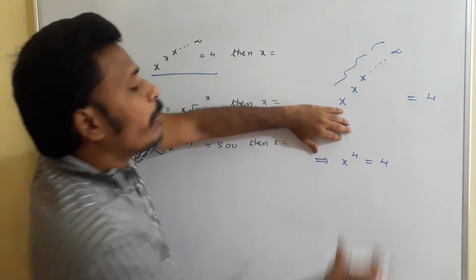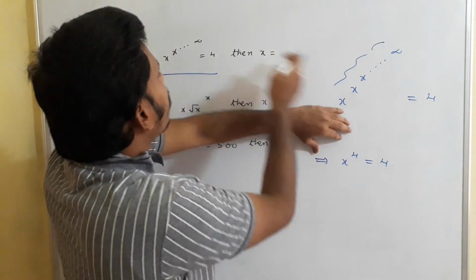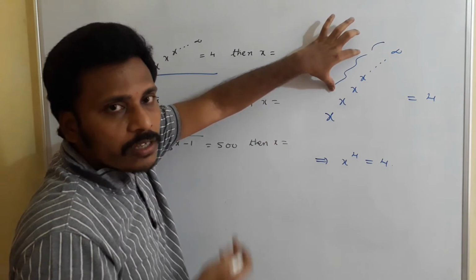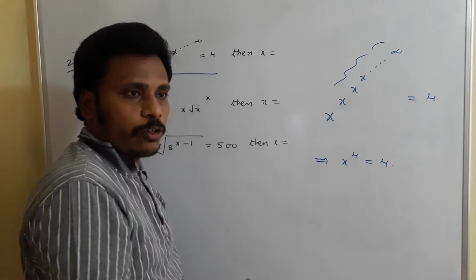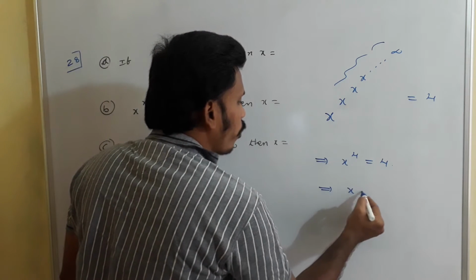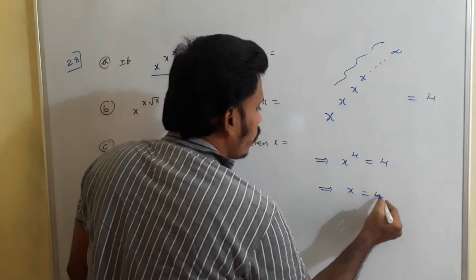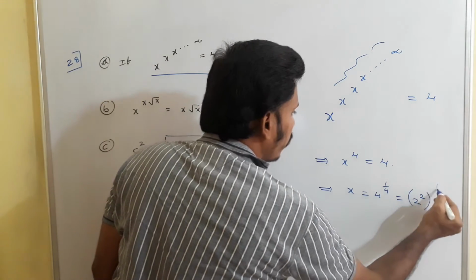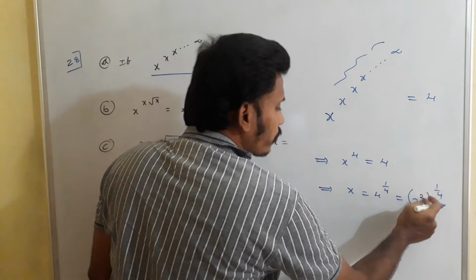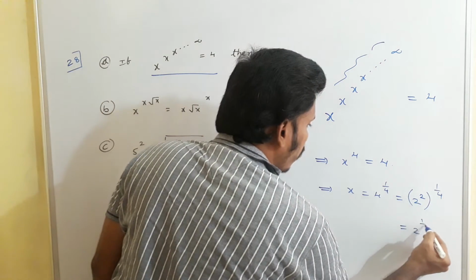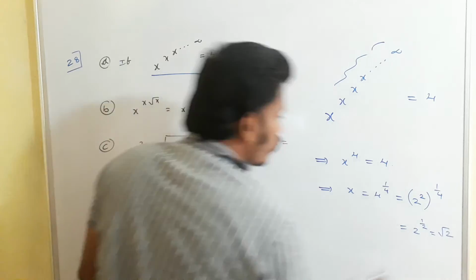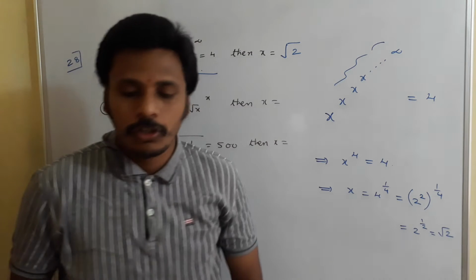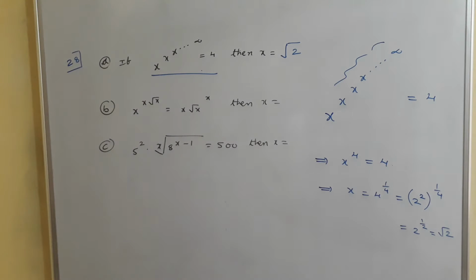Once again, 4 is x power x and so on to infinity. Neglect this one x and think about the remaining part. Again, this part looks like the given problem only, so it is again equal to 4. So x power 4 is equal to 4. Our target is to calculate x, so x is equal to 4 power 1 by 4. The base 4 is 2 squared, so 2 squared to the power 1 by 4. We multiply these two powers: 2 power 1 by 2, which in turn is root 2. So at the end, for this problem, the value of x is root 2. That much simple. Have a look, and for doubts, just mention.